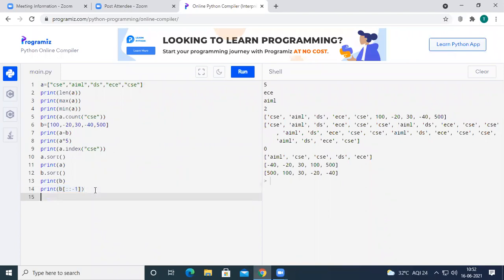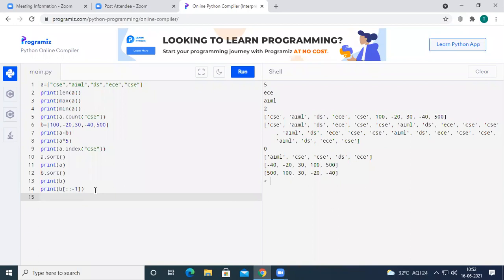If everything is clear, we are going to see about the clear function. So what is the clear function? The clear function is used to delete all the elements from the list.